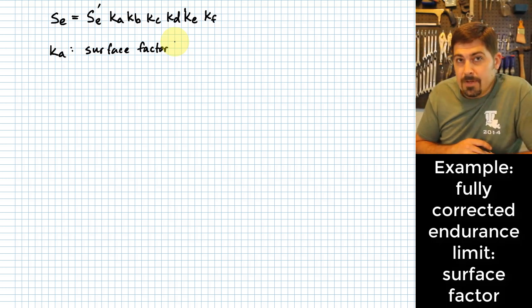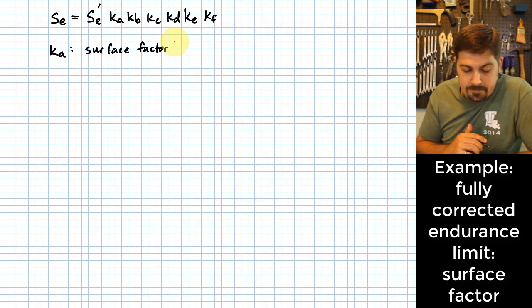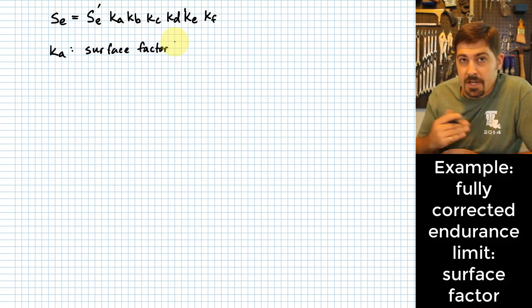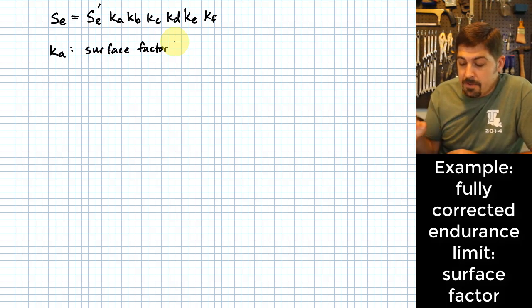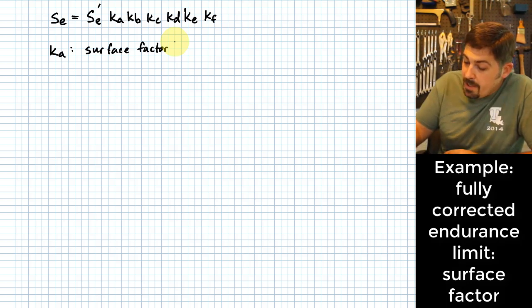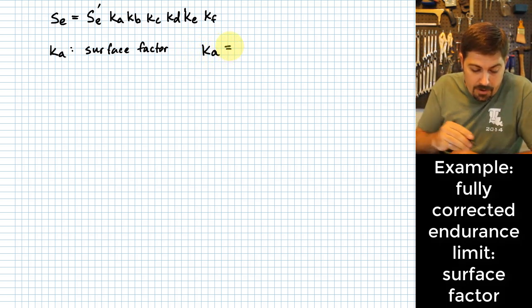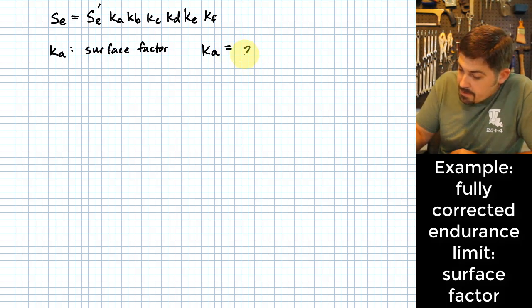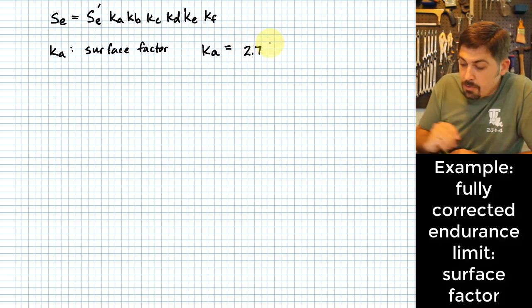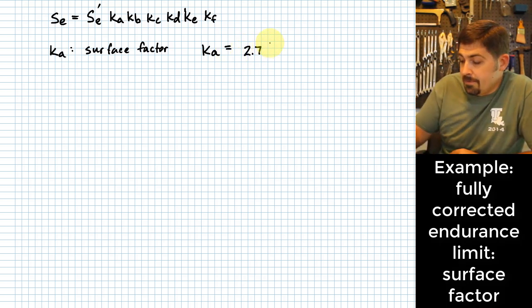If we look into the table in the book, there is a table 6.2, and it gives us a couple of different values that we can plug into an empirical equation to find Ka. Those values are 2.7. This is specific to a cold drawn surface, so these numbers might change if it's a different kind of surface, but 2.7 times